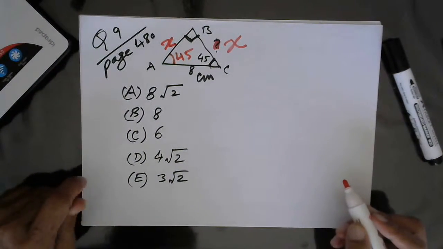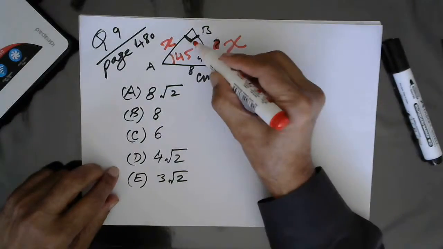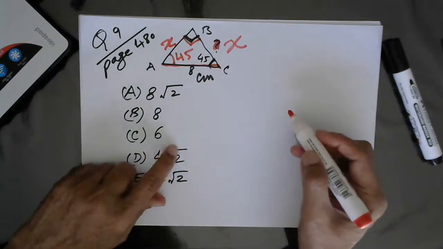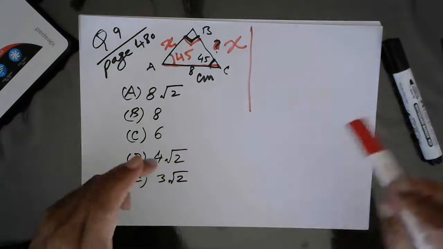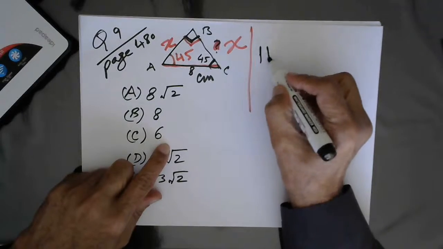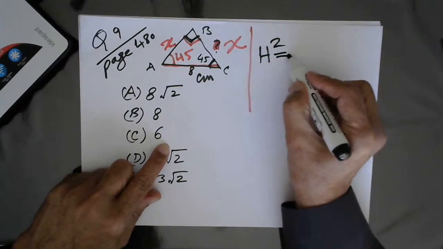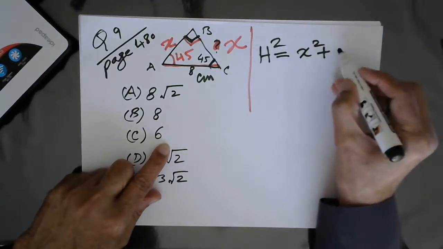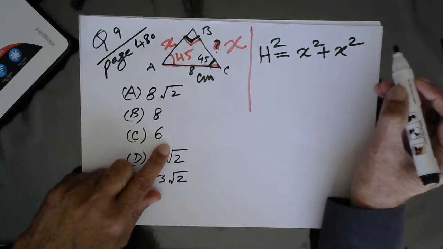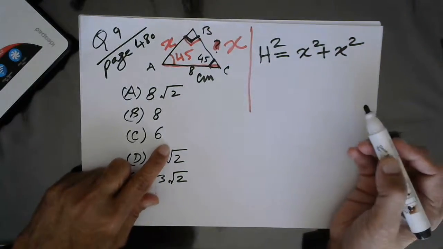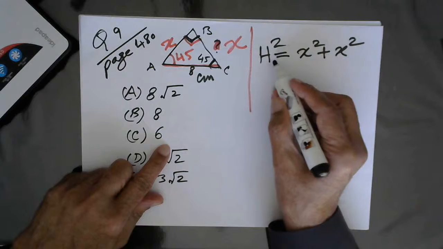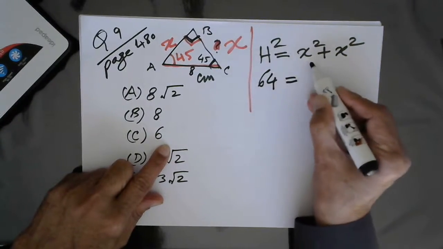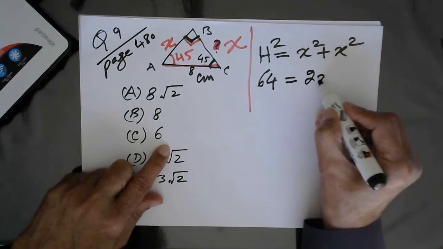Now we are dealing with a right angle triangle ABC in which this angle is a right angle and AC is the hypotenuse. I'm sure you know that hypotenuse square is equal to base square, which is X, plus perpendicular square, which is also X. Or you can say this is base, this is perpendicular, does not make any difference. Now hypotenuse is 8, so hypotenuse square will be 64, and this is x square plus x square, which means 2x